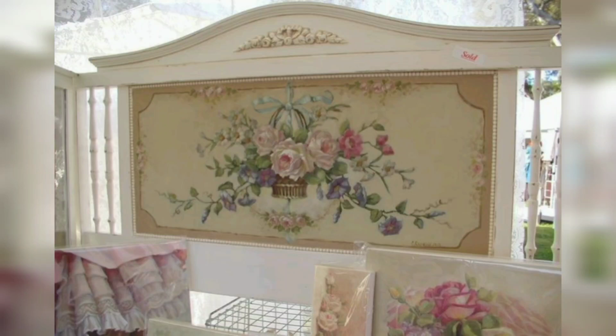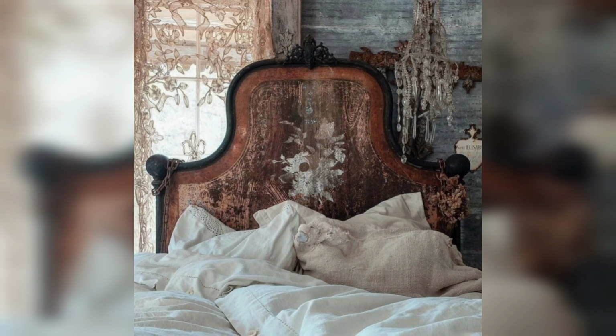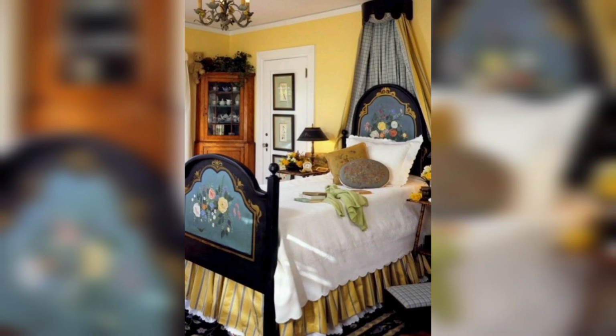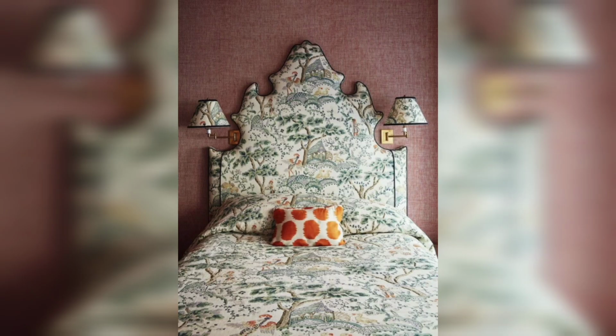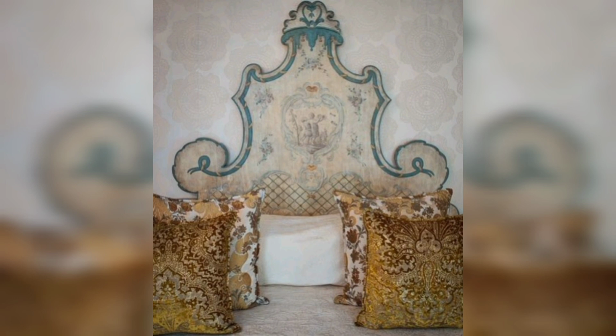Hello, friends. Today I am bringing you the idea of vintage headboards, and every era has some beautiful furniture articles to decorate home, and definitely these things are different from the modern beds, but they have their unique beauty. And if we see, these headboards are a bit smaller in size as compared to the modern headboards, and their designing is different,